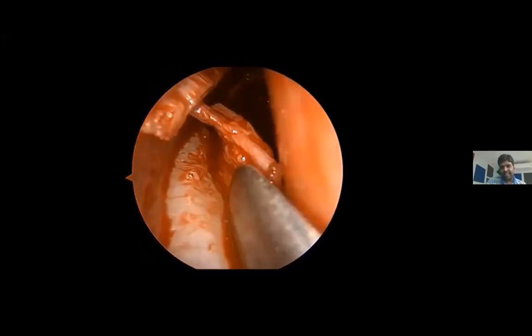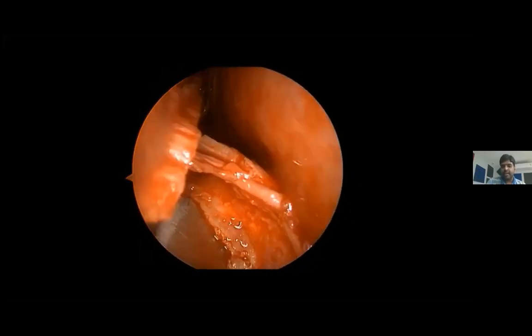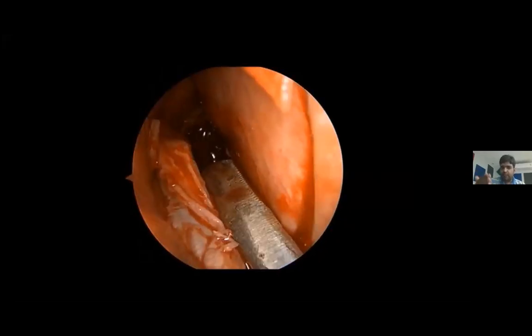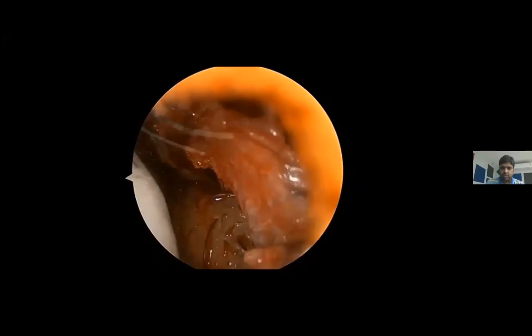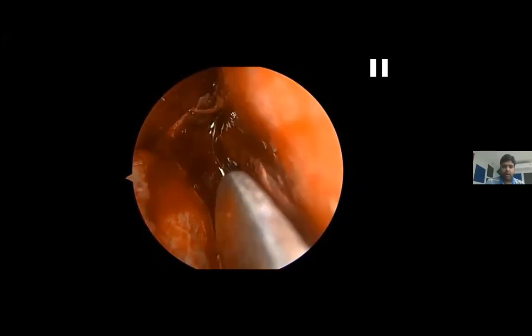Now we go below, to the maxillary crest. This is the cartilage which is lodged over the maxillary crest on the non-deviated side. Again, this is where we said to swing the cartilage off the maxillary crest. We released it and swung it out anteriorly below, and once we achieved it, what we have discussed earlier is the height of the spur, which is almost near the level of the middle turbinate, quite above the maxillary crest, and that makes us